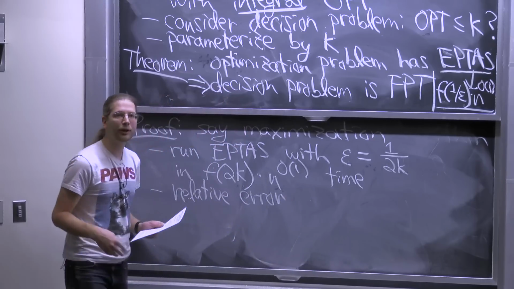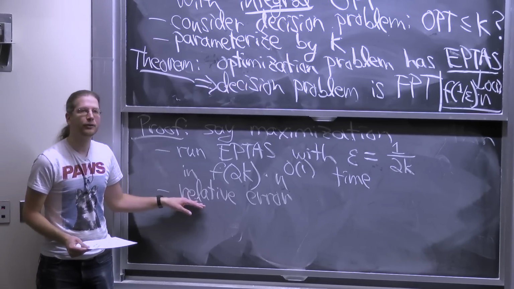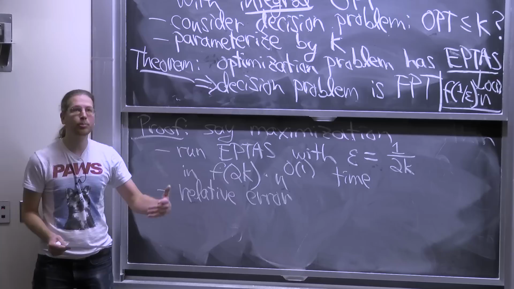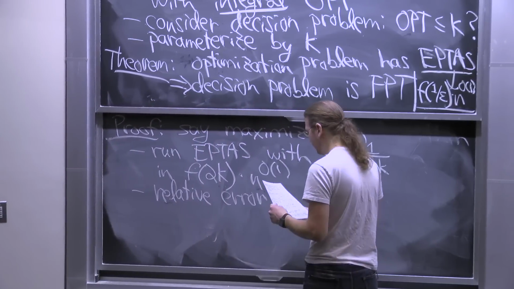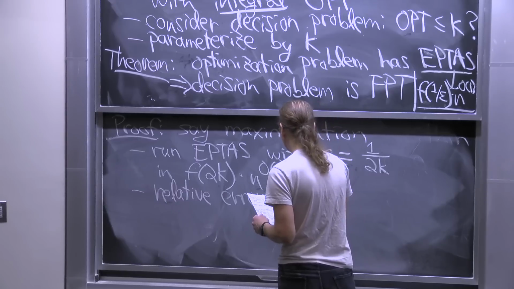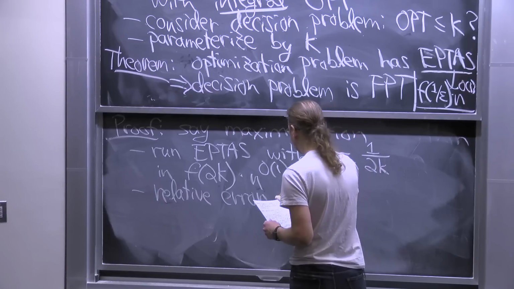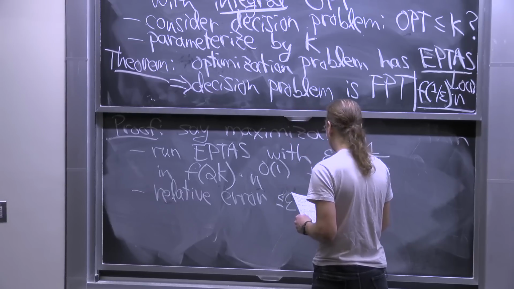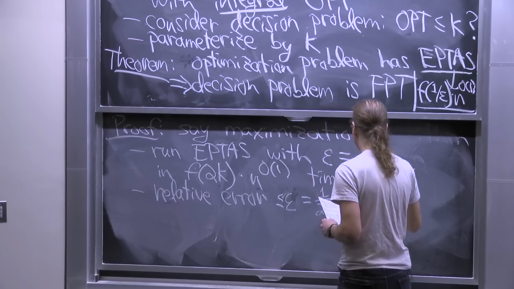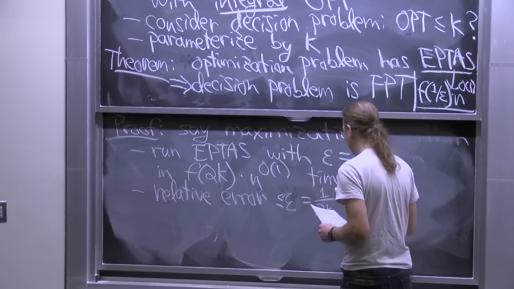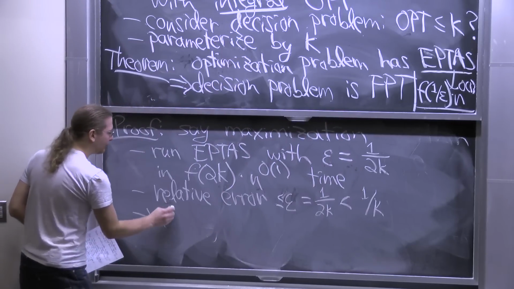So we're within a 1 plus epsilon factor. I'm going to call the epsilon part relative error. Right? That's how much it gets multiplied by opt in order to compute the error bound. So the relative error is epsilon. Epsilon is 1 over 2k, which all I'm going to need is that this is strictly less than 1 over k. So this means if I look at absolute error,